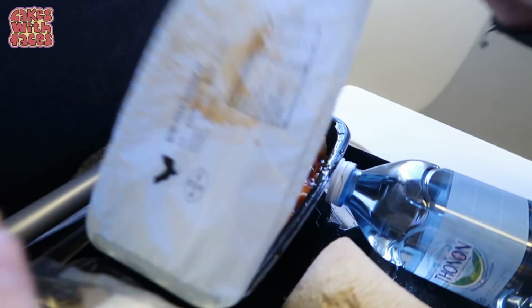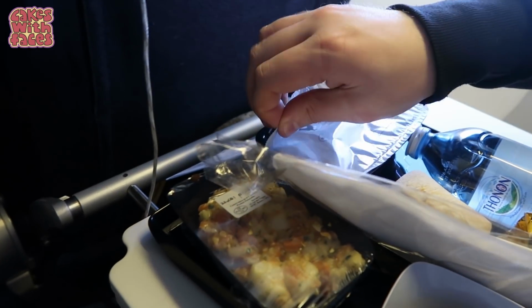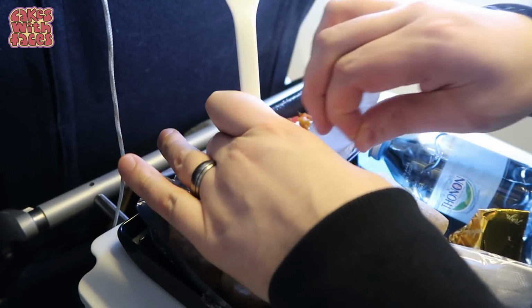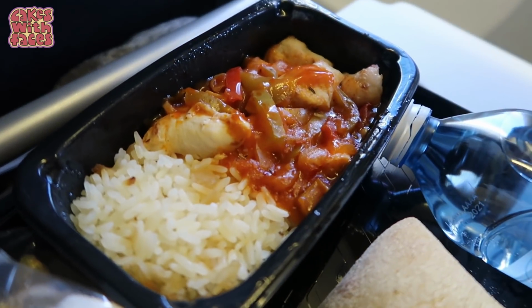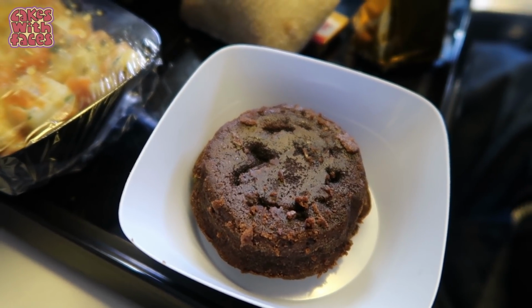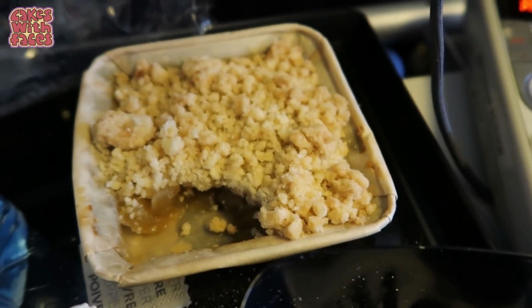Is that the chicken basquets, whatever that is? Chicken basket. Is the chicken meal. Phil gets chocolate pudding. Oh, don't you get one? I get crumble. But chocolate pudding's vegetarian, so